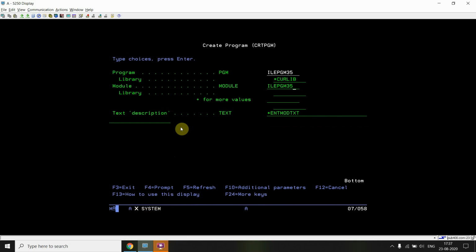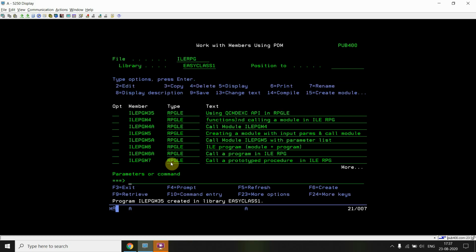So the program is getting created. Let's wait, the system is too slow. So the program and module objects are now created, ILEPGM35.